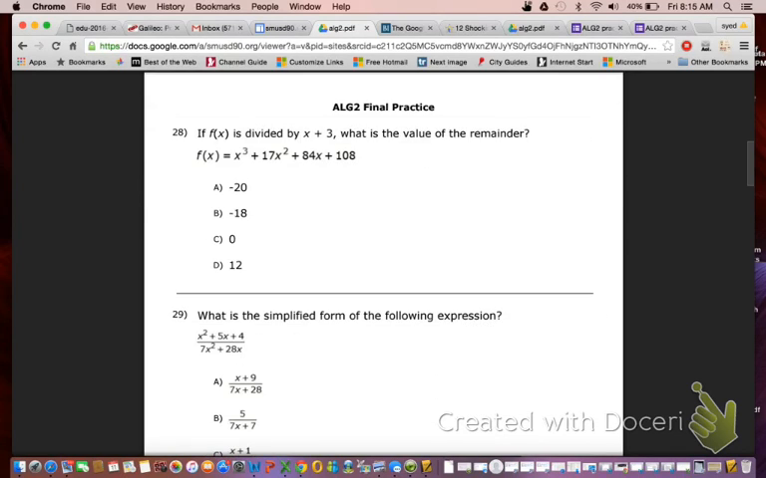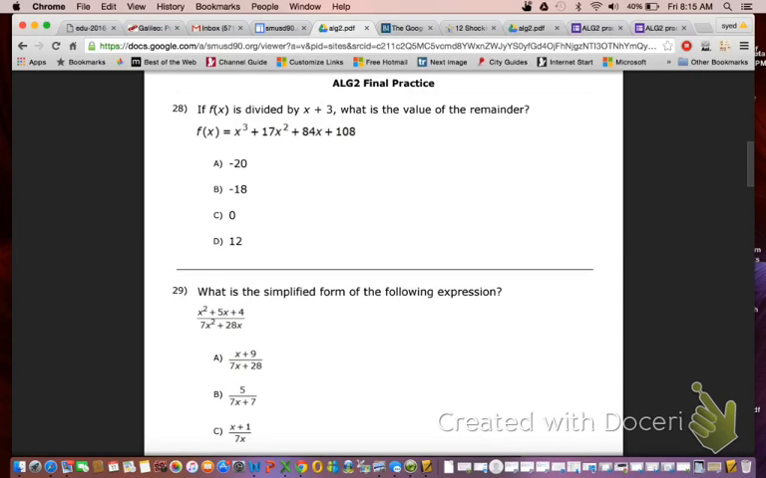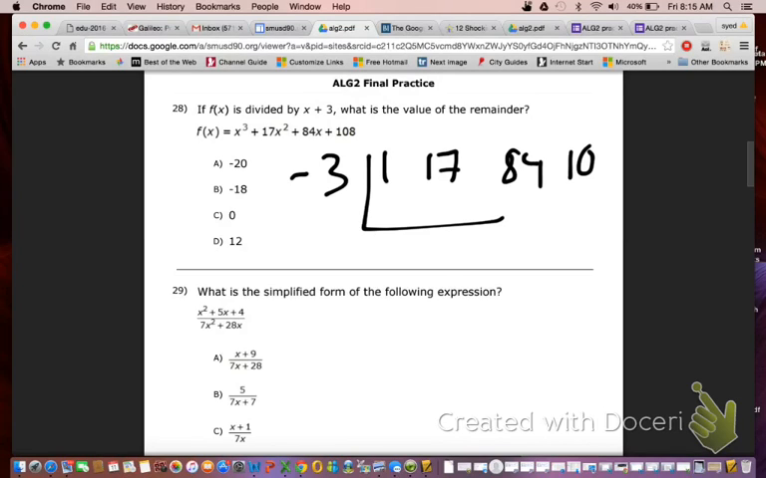Okay, again, these seem like we haven't learned this, but it's just embedded. You want to use synthetic division with, here's what I would do, negative 3, 1, 17, 84, 108. And it's just saying what's left at the end. This is always opposite of the factor, so 1, 9. What is that? 54 plus 3 is 57. So you multiply this, you get